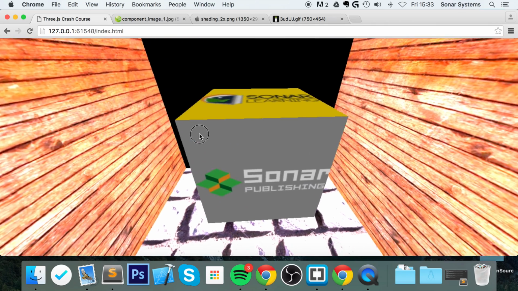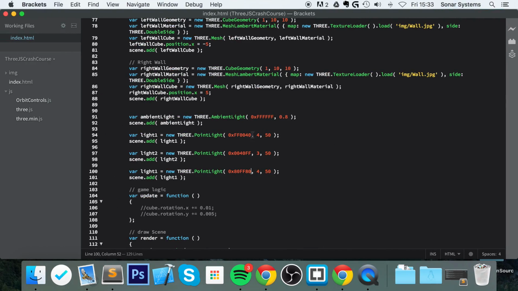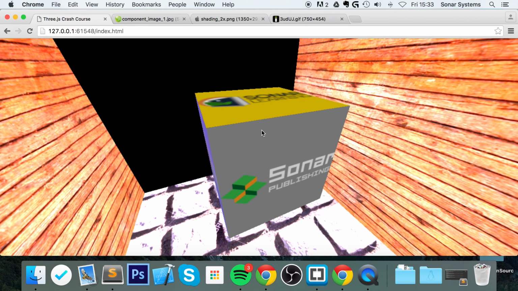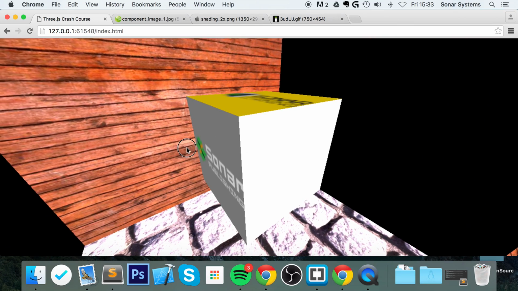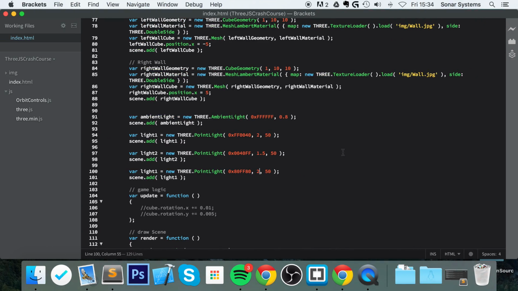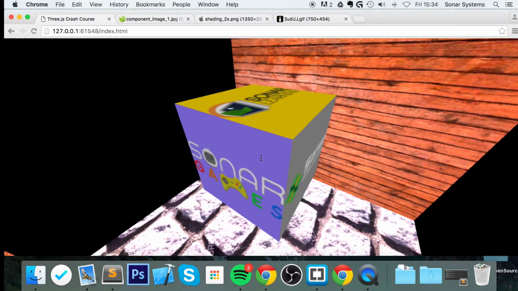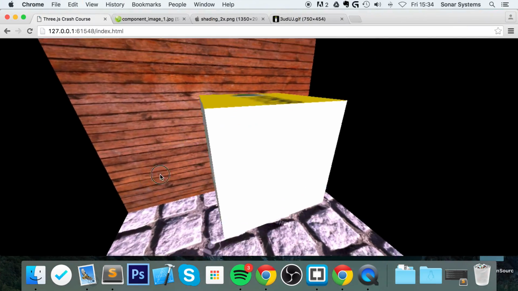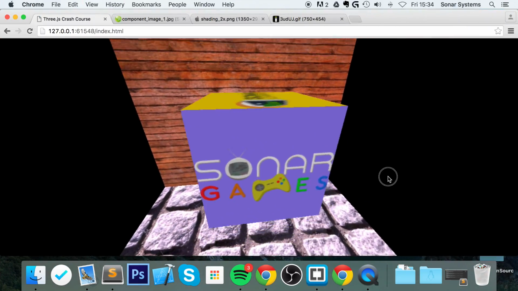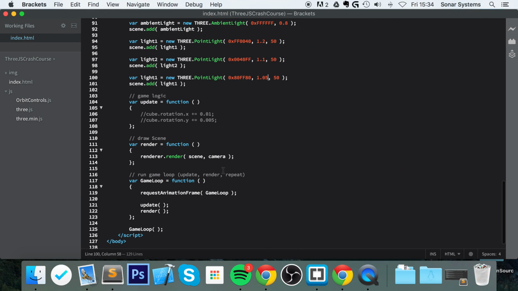They're quite bright at the moment, so what we're going to do is actually tone them down a bit. Let's tone this down to 1.5, so we're just halving it all by 1. Refresh. I'm going to tone them down even more. Tone this down to 1. Now I'm going to tone this down to like 1.2, 1.1, and 1.05. Save, refresh. But what I'm going to do, because they're all in the same position, is make them move around